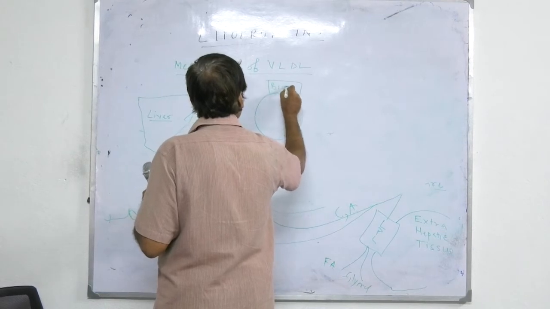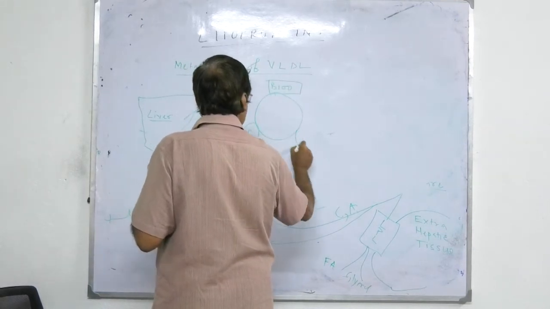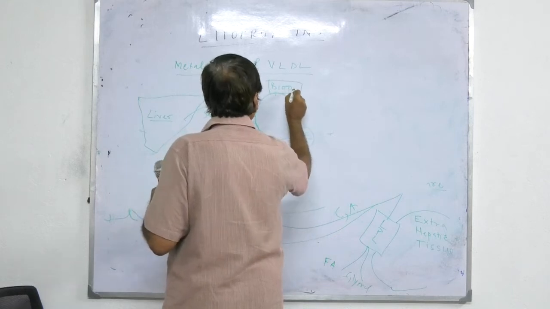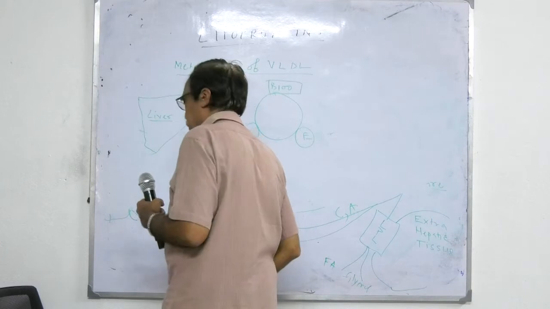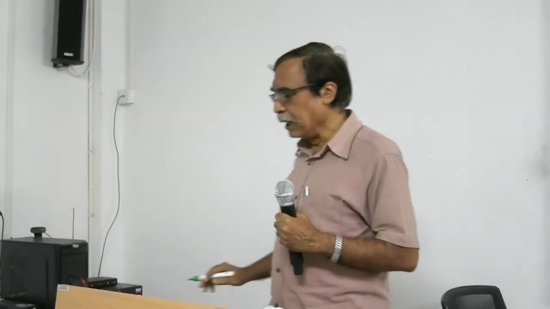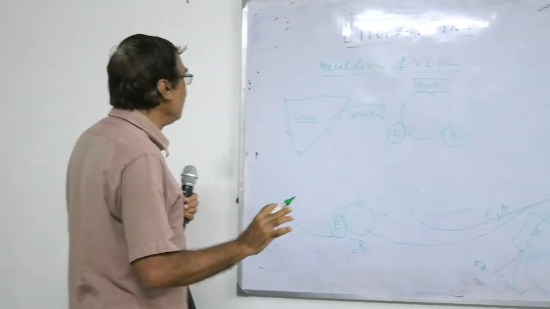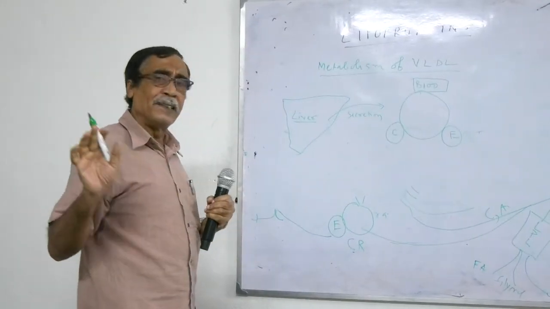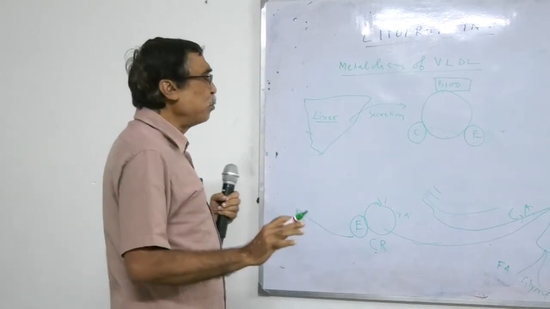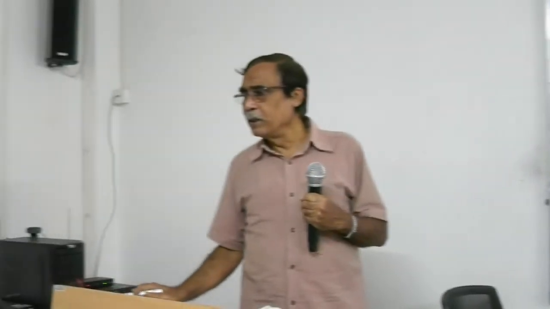B100 থাকবে, C থাকবে, E থাকবে, কিন্তু এ থাকবে না। এ থাকবে কাইলোমাইক্রন। এখানে কোনো এ নেই, এখানে আছে C আর E আর B100। B48 নেই, এখানে আছে B100। ওখানে ছিল B48, এখানে আছে B100 এবং B100 এবং B48 এর ডিফারেন্স আমি বলেছি। B100 হচ্ছে সবচেয়ে লার্জেস্ট অ্যাপোপ্রোটিন এবং এর মলিকুলার রেট প্রায় 5,50,000 হবে। বিরাট বড় একটা প্রোটিন B100,